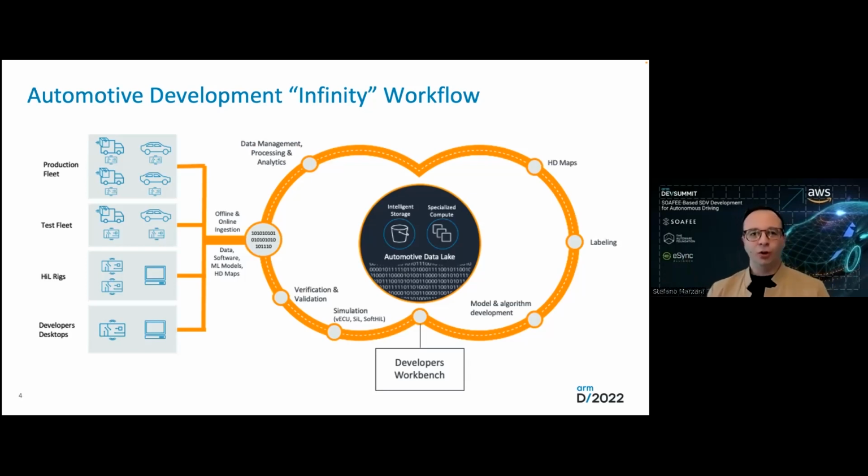So you see all the customer equipment on the left. It can be developer desktops with some evaluation kits on their desks, hardware in the loop rigs, test fleets, production fleet. All the systems exchange data with the cloud that is represented by the infinity diagram on the right side of the slide. You see we have that ingestion, and then customers typically process this data, create metadata, organize this data through databases, and this becomes a very important construct for them. It's the automotive data lake, right? With the automotive data lake, all the data is there, raw, well organized, indexed, searchable,